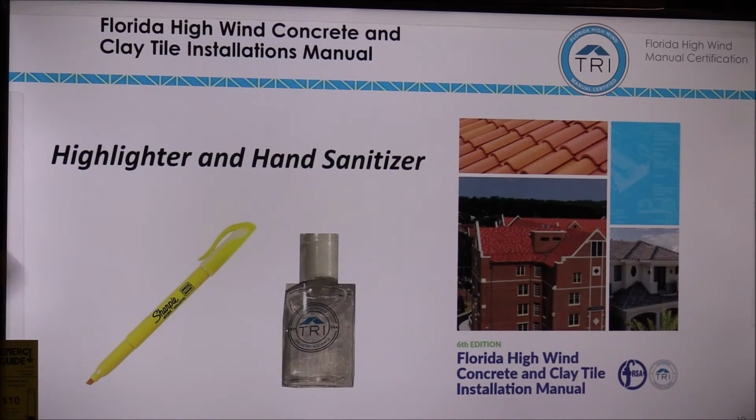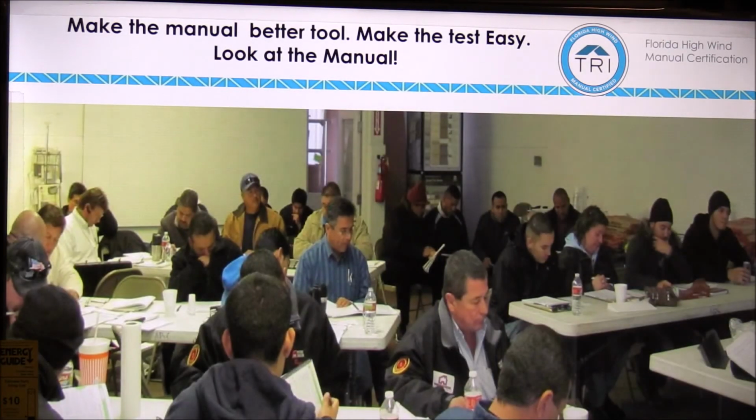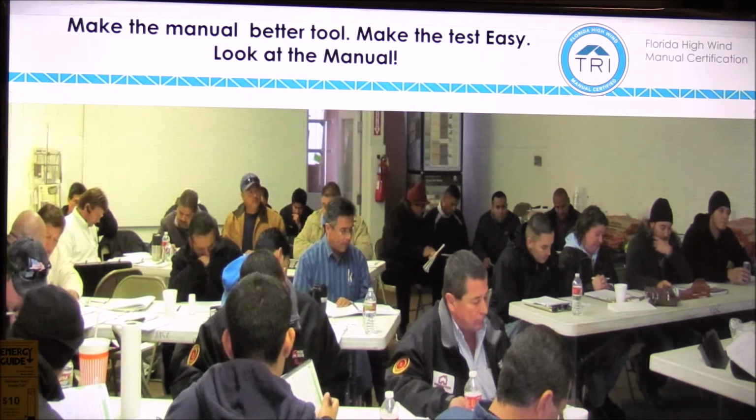So the manual is divided into what I call pictures pages and words pages. I'm going to give you a lot of suggestions. I'm going to make you do a lot of page flipping when I'm presenting. That gets you to where you can highlight things I think will help you use the manual and help things jump out at you when you get to that point. So the manual is what we are training to today, and we really want you to leave here knowing that it's a tool and it has all of the information in it that you need. So make the manual a better tool, make the test easy. Look at the manual during the class today. Put up with my page flipping, and I promise it will help you later in the day when you get